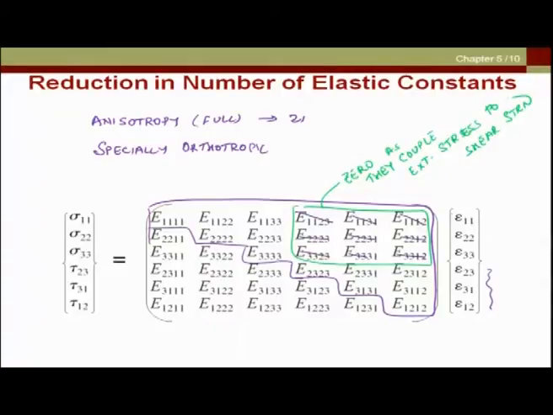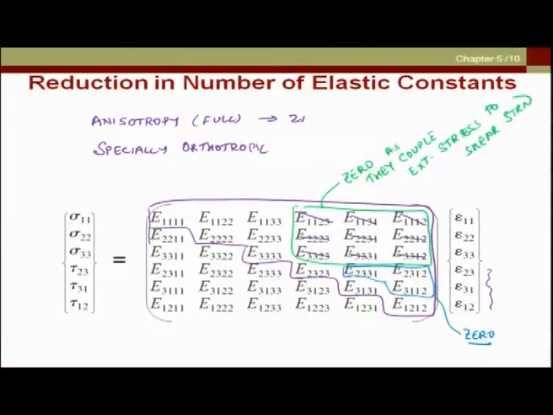Okay. And if we want that their connection should be non-existent, then these terms have to be 0. Okay. And then there are some other terms which are also going to be 0. So, what would those be? So, these terms will also be 0. These terms will also be 0.